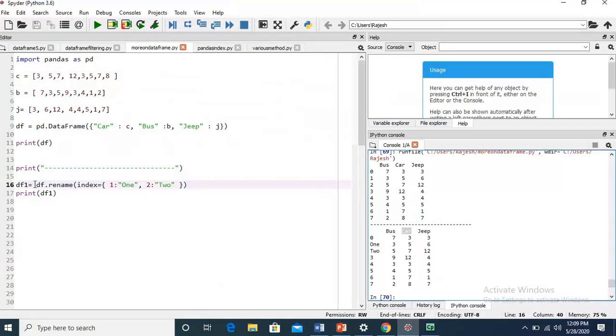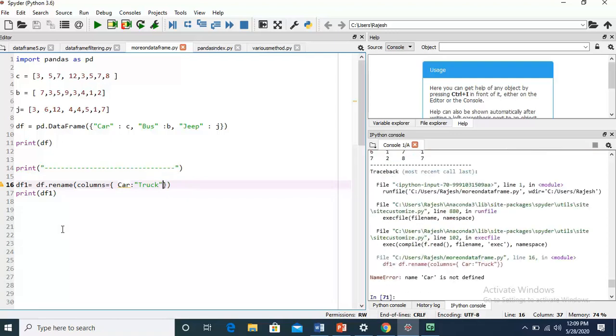Let you see rename, and here I will use columns, and then car, truck, press F5.